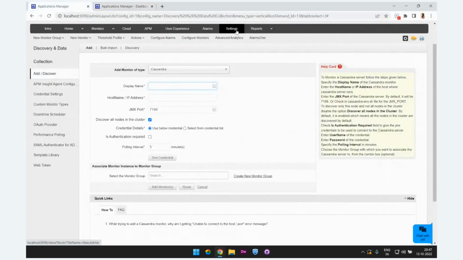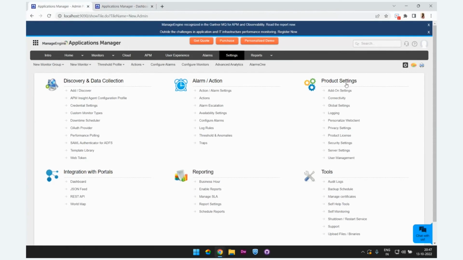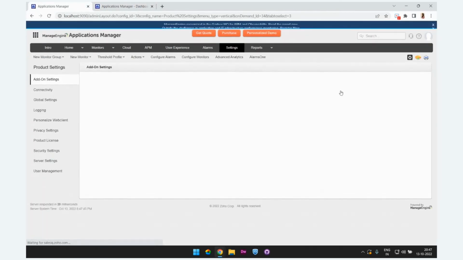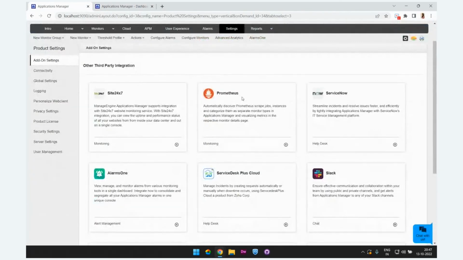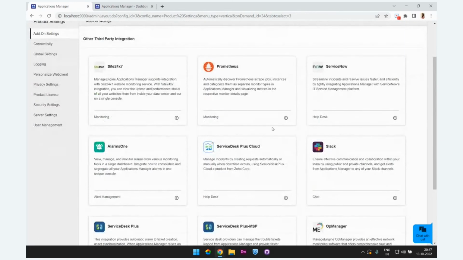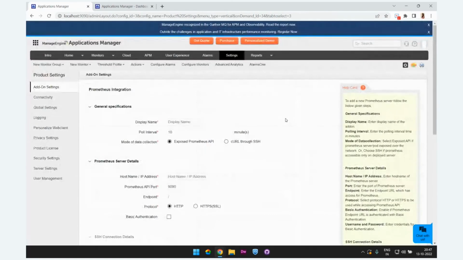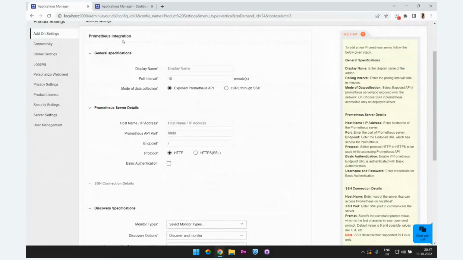So you go to the settings tab and under product settings, you click on add-on settings. Here you can see Prometheus. We also offer other third-party integrations as well. So now when you click on the plus button, you'll have the option to add Prometheus as an integration. So you specify a display name